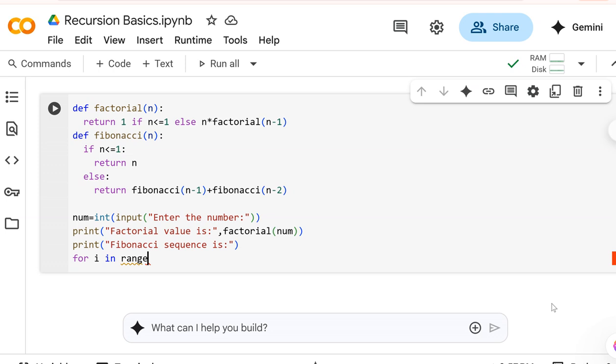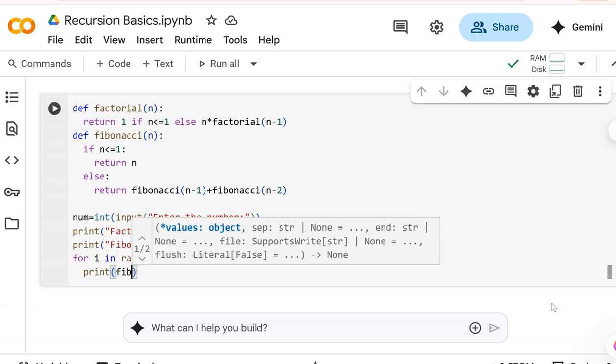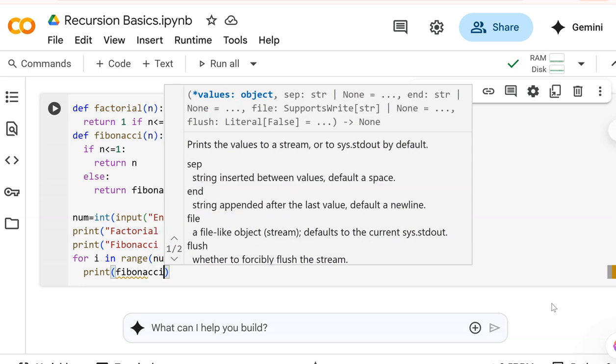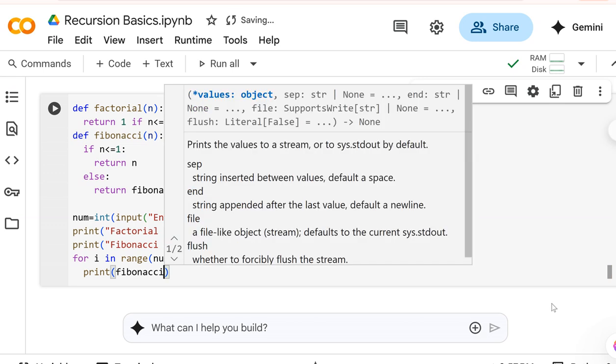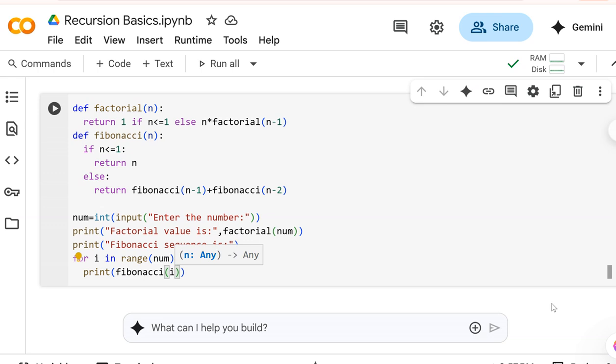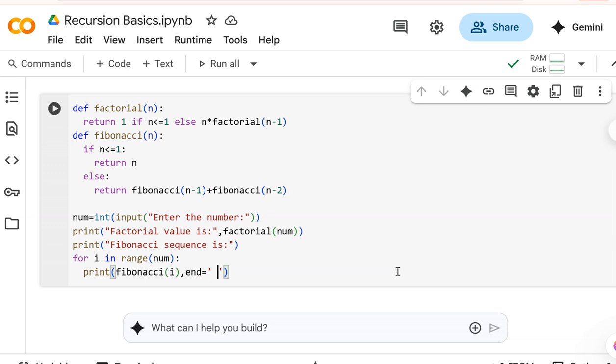do a for loop for i in range of num. It should print Fibonacci of i, and then I need a gap, end equal to space. Yes, I'm going to execute the